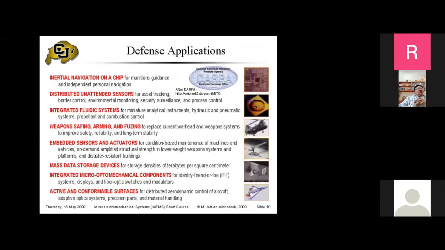Defense are the people who have been supporting and sponsoring these projects. So a lot of applications to defense have come. This is a list of all those, starting with the INS, inertial navigation systems. Then a lot of distributed sensors, both in the field as well as in the aircraft and the vehicles. Then fluidic systems also are needed. In the weapons, electronic measures and countermeasures, there are a host of things, almost in all areas, like battle tanks, aircraft. Then at high altitudes, there are a variety of requirements for defense applications. Okay, let us go to one more slide.